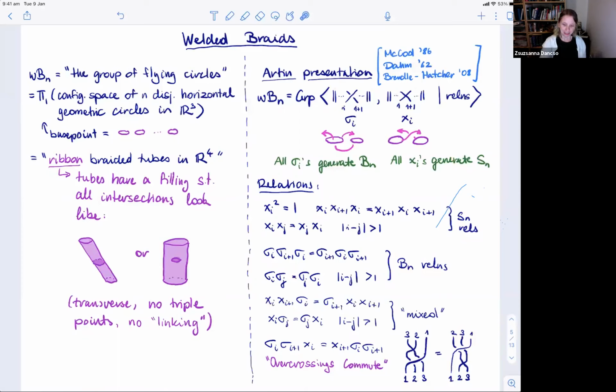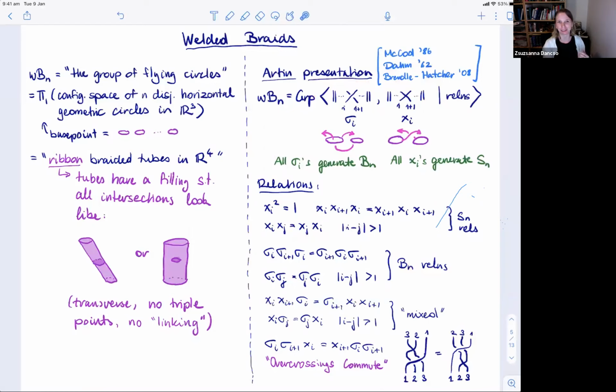And the relations fall in several categories. So there's, of course, symmetric group relations for the virtual crossings. There's ordinary braid relations for the actual crossings. And then there are mixed relations, which are